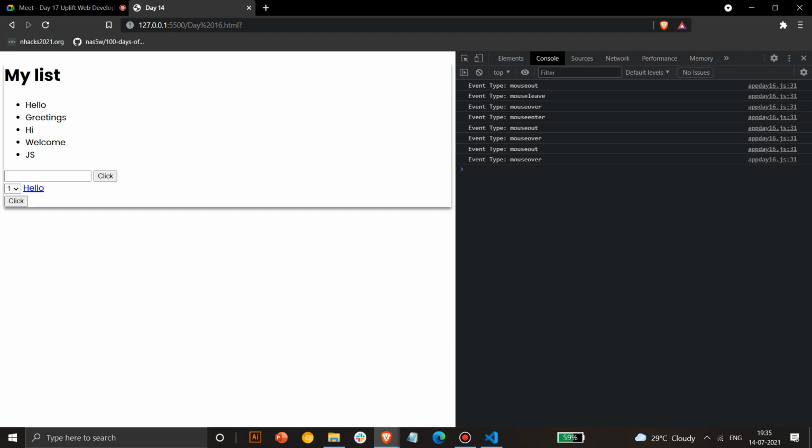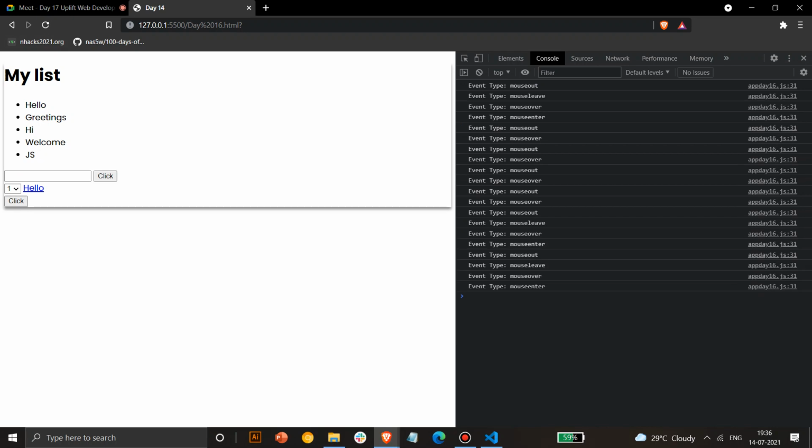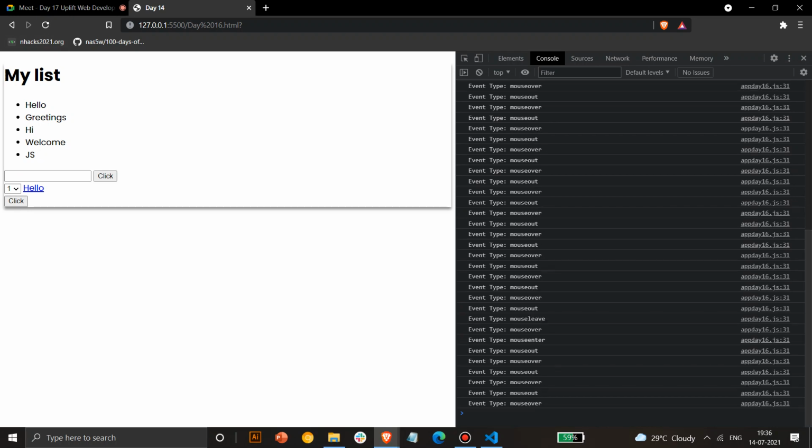So it identifies this as another element and will start a mouse over and mouse out for this specific element again. It won't understand this is inside a card. While mouse enter is smart enough, it identifies this complete area as a card, and if you keep it over any element inside this, it won't give an error. But mouse over isn't that smart. So if you take it over any element like an input or something like that, it shows mouse out and it will exit that.